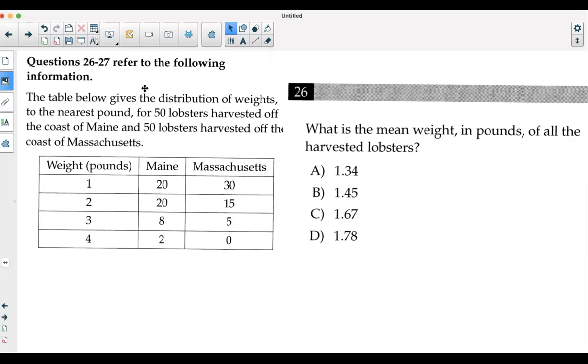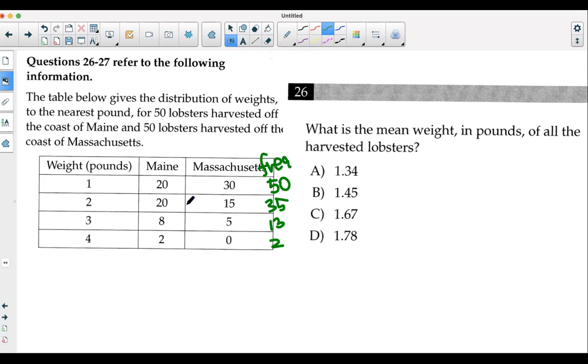So in fact, how many 1 pounders do I have? Combine them together, we have 50. How many 2 pounders do I have? We have 35. How many 3 pounders? We have 13. And then we have two of the 4 pounders. So that's the frequency. You see, that's the frequency. And that's the values. So when you take out your calculator,